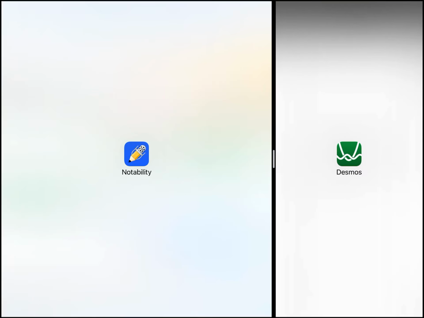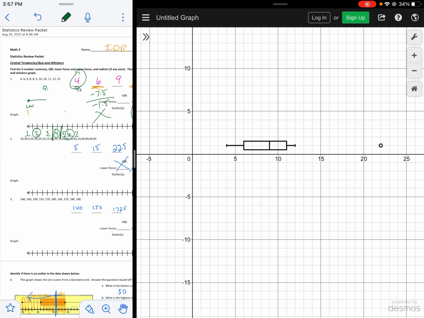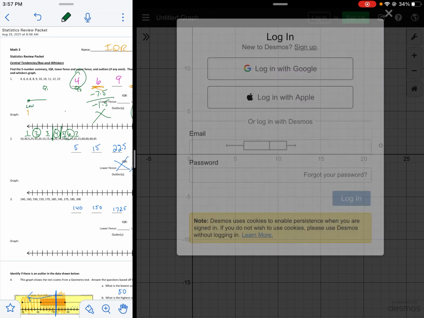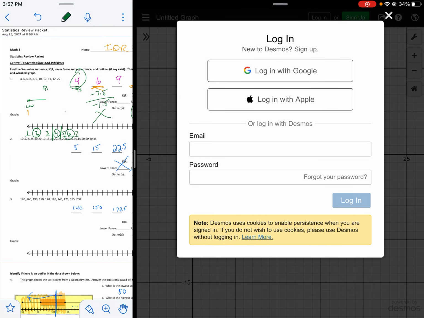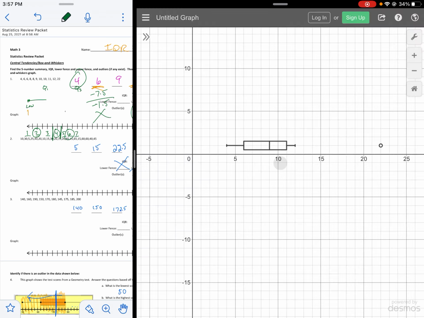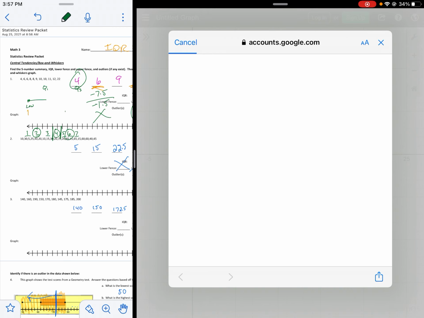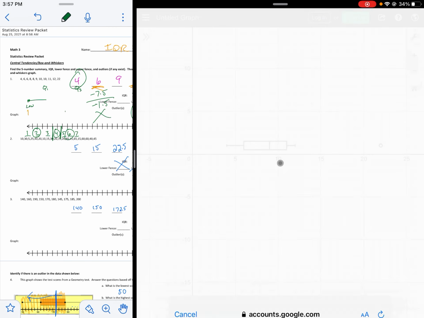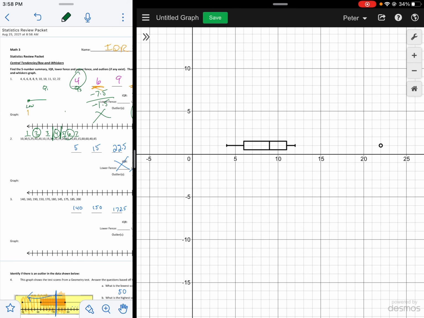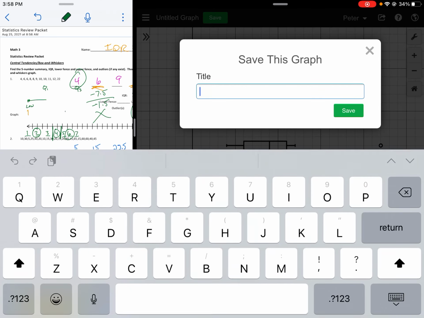That's it. Now, that would be a huge pain in the butt and not worth it. But we could save what we just did. So hit that login button at the top on the right. Your Bremen login is a Google login. Your iPad might remember that. Now you click on this untitled and you call it box